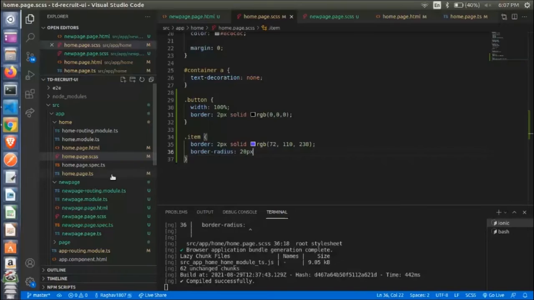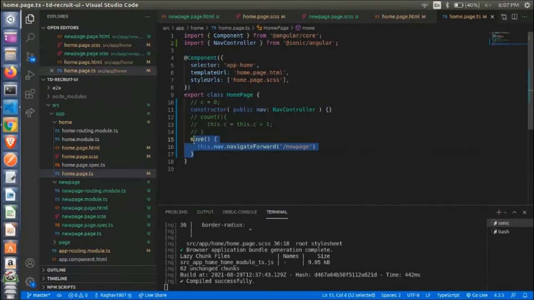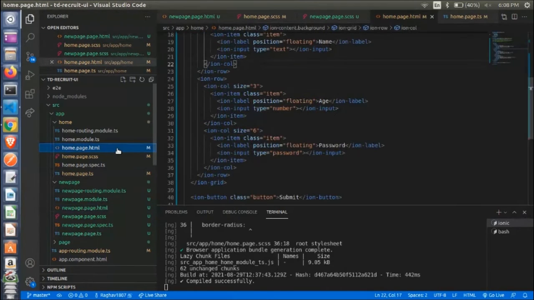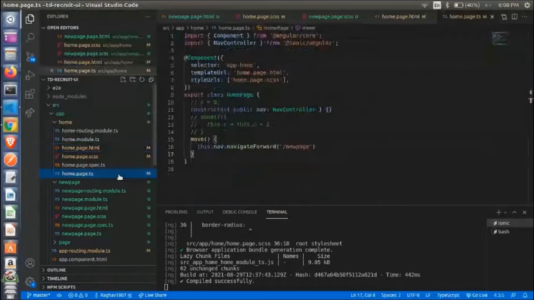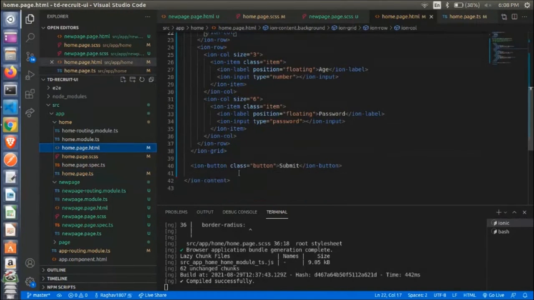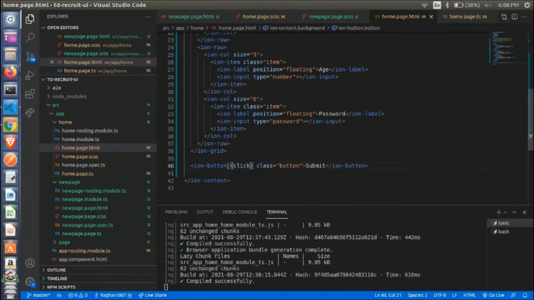Next, as we can see, yesterday we had specified this move function to navigate to the new page. So the same thing we will do: we call the move function on the ion button that we declared over here. There we call the click event and we specify the move function inside it.